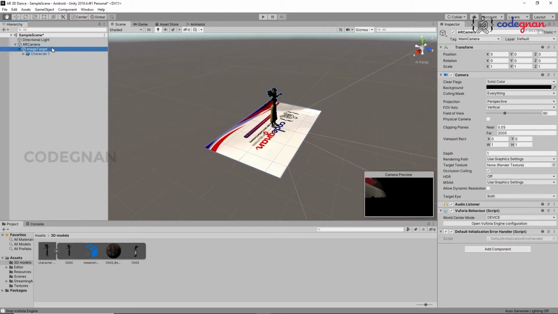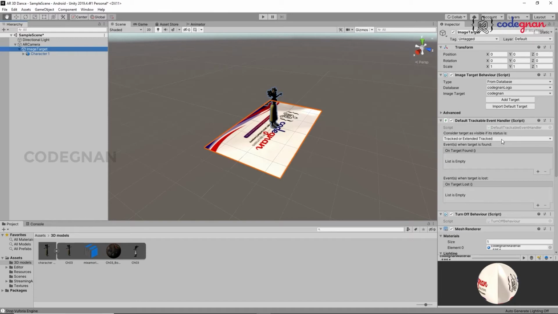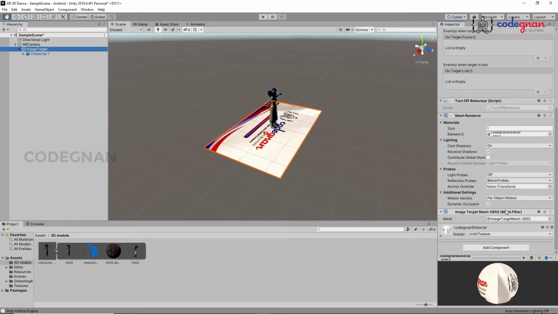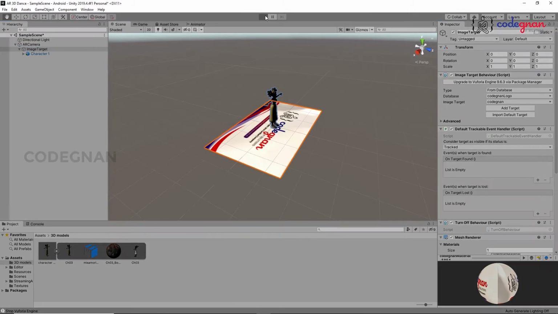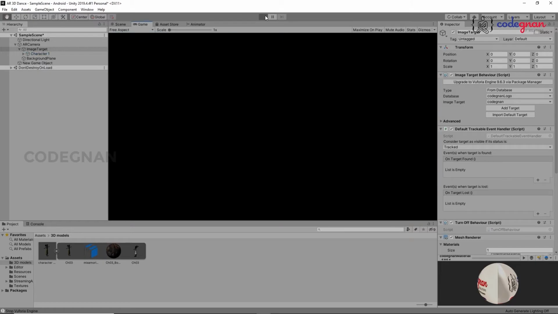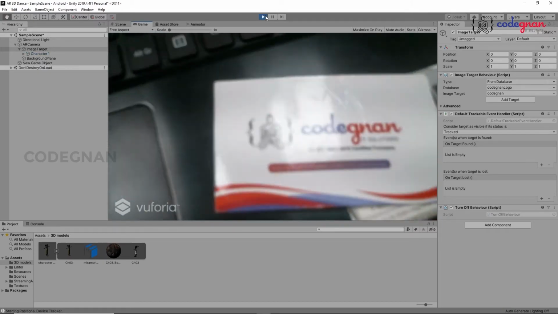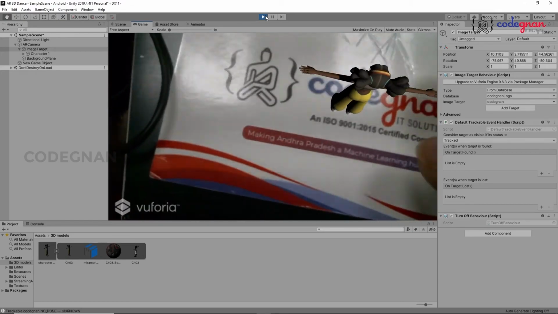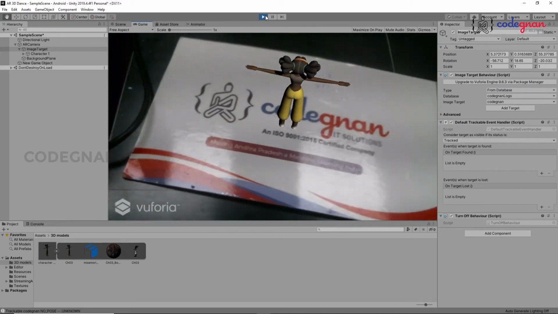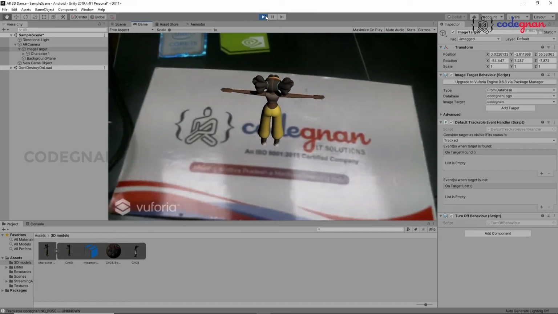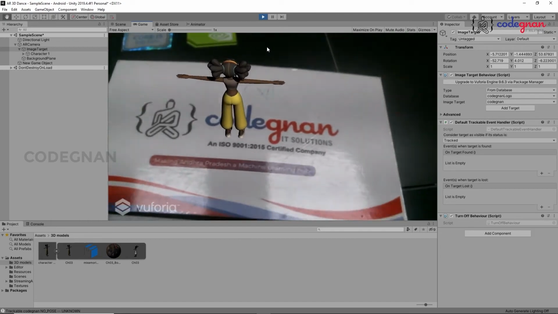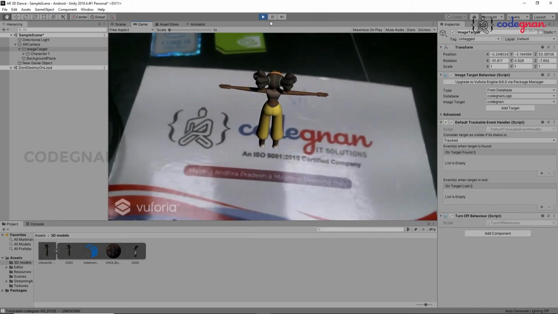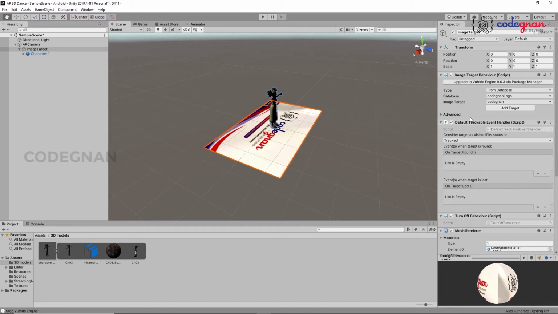That means in the image target, you have to select track, and let's check again by clicking on play. Due to some lighting conditions, it was not visible. It was good, but this is my camera view, and the character is looking somewhere else, right? It has to look this side, so I have to change my rotation as well.